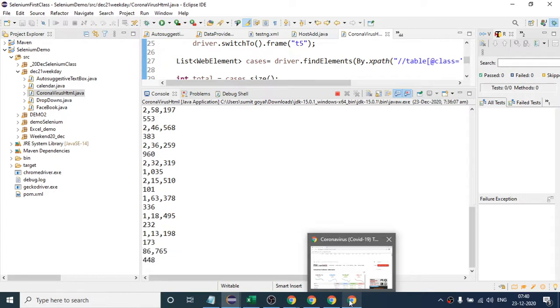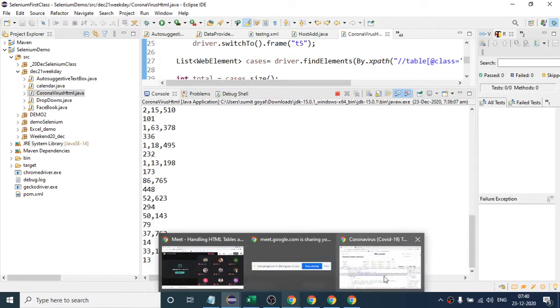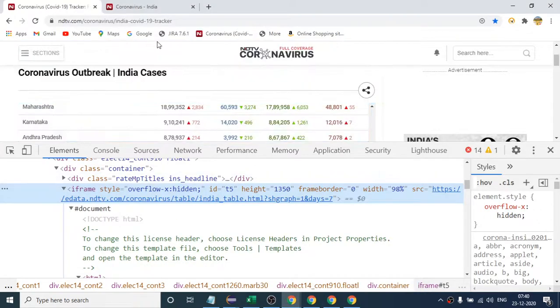First of all, let us see whether that pop-up is present inside any frame.